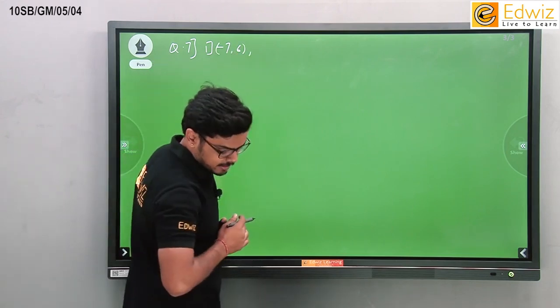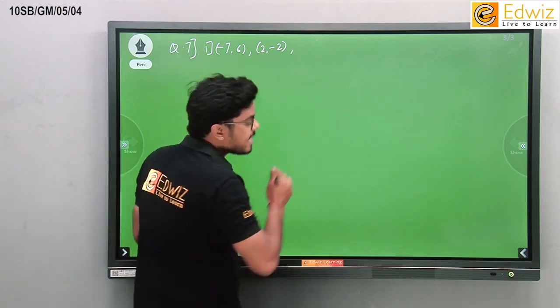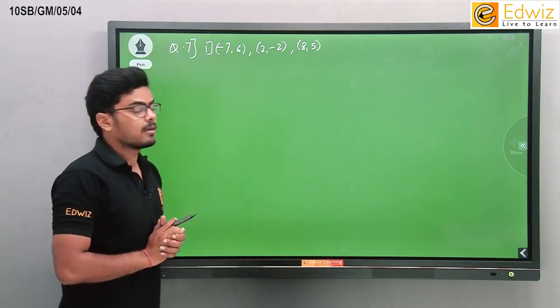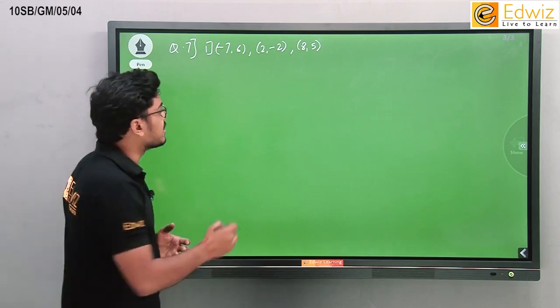First question here is the vertices are minus 7, 6. This is the first point. 2, minus 2. Second point 8, 5. Okay. This is the third point. Now we need to find the centroid of this. So we will use the centroid formula. By centroid formula,